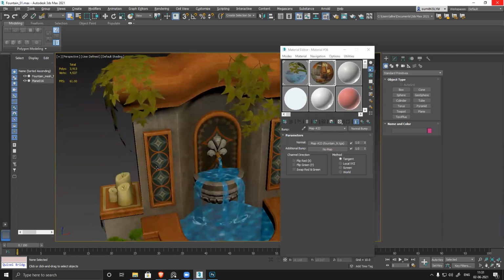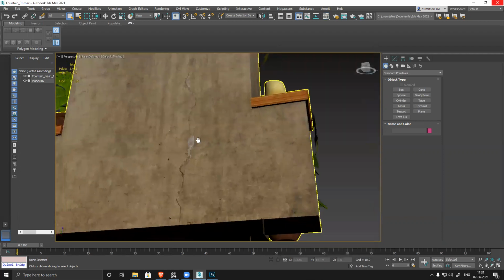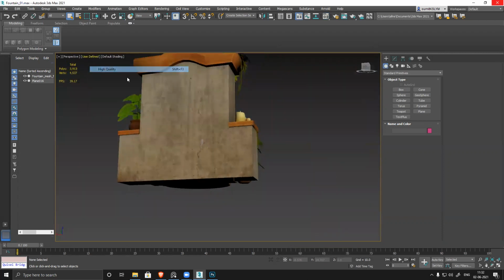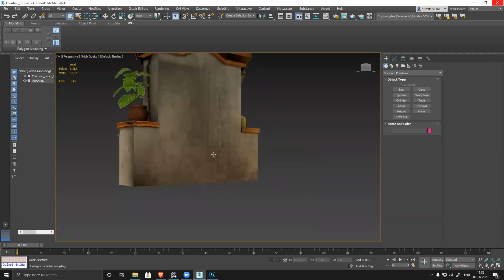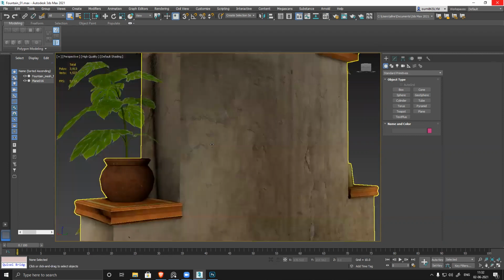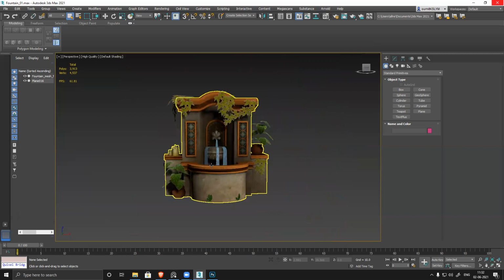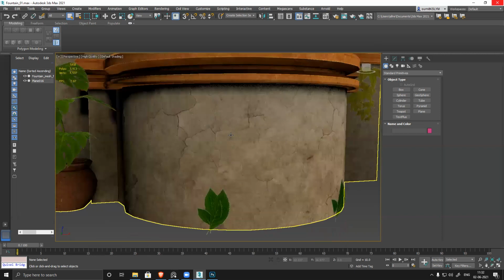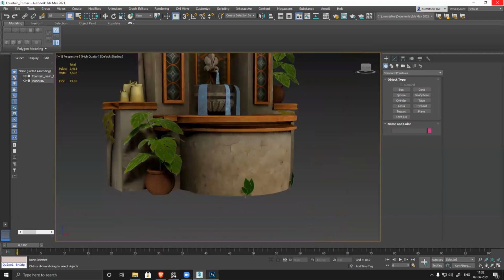So if I do it, let's see, can I see any cracks or anything? Not visible. Just to see it, if I go to high quality, now it should show. You see, normals are visible. But it's creating all this shading because the normal I have used is not based on this model. So I have to generate this model's normal also. So how do I do it?